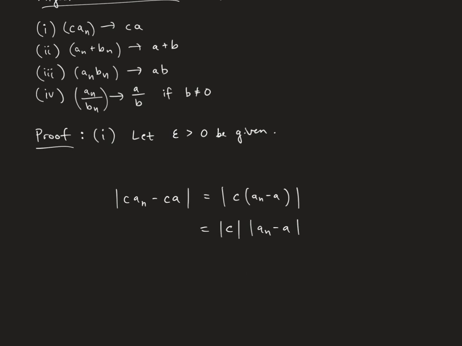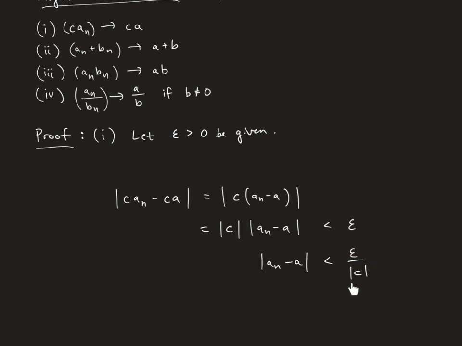So you want ultimately for this to be less than epsilon. So what you want is for a_n minus A to be less than epsilon over the absolute value of C. And of course you can do this. You have your C, your epsilon has been issued as your challenge. You also know C, so you can consider the number epsilon over the absolute value of C, and you can make a_n minus A less than that target because you have convergence here. So all this will work out as long as we can make a_n minus A less than this thing.